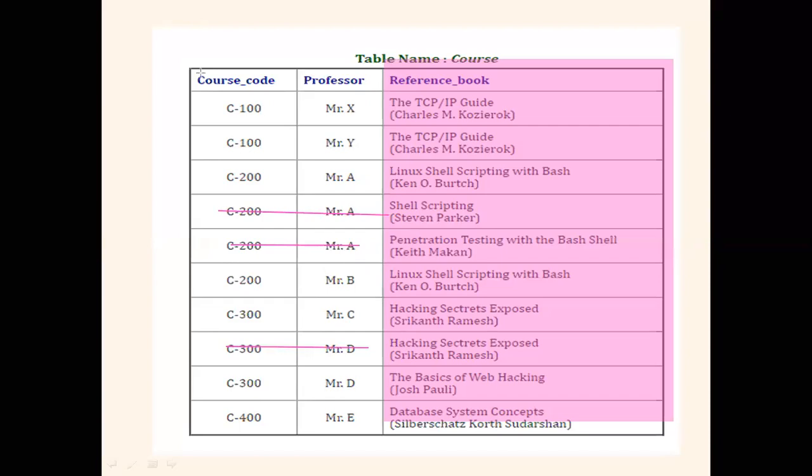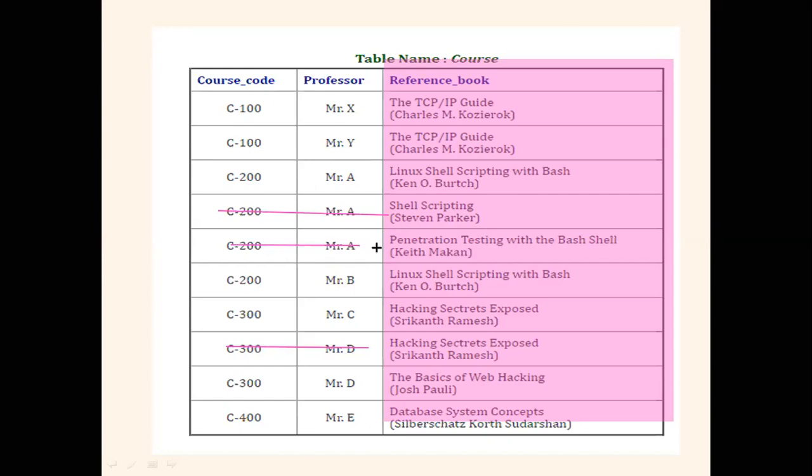So when we populate a table for course to professor, we remove this multi-value dependency. It means these multiple time occurrences. The professors Mr. A and Mr. D have occurred more than once with the same course number, so that will be reduced as well. So we have reduced the dependency. So what do we have? Mr. X, Mr. Y, Mr. A, Mr. B, Mr. C, Mr. D, and Mr. E.